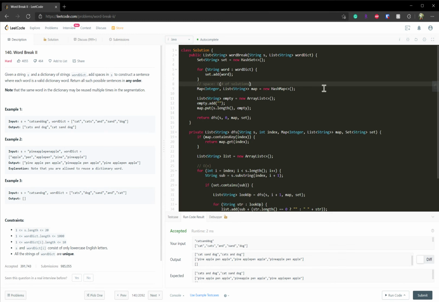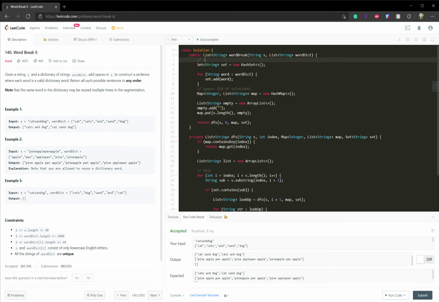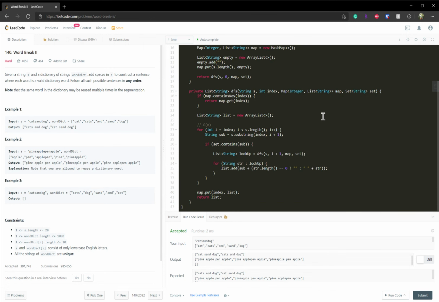So this is the space of the map, and the set will have a space of O(k), where k is the size of your dictionary. If we add this together, I think the most space that we're going to spend is on the map here. And for time complexity,